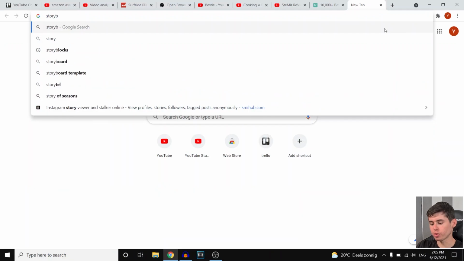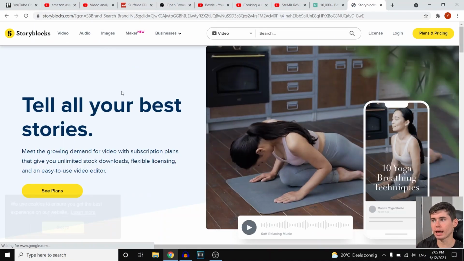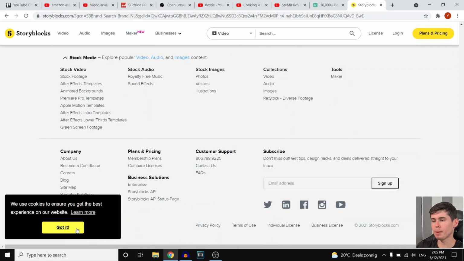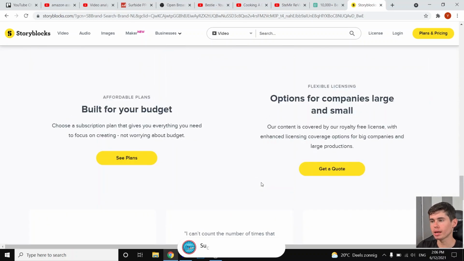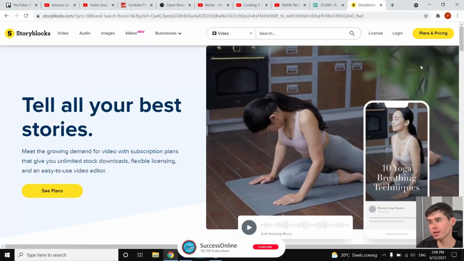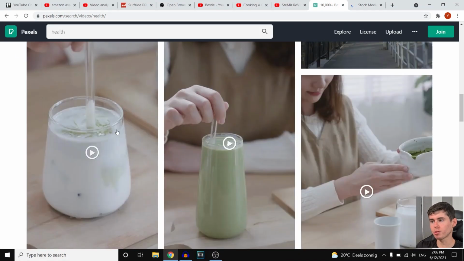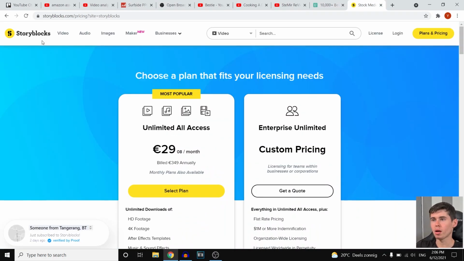However, if you're actually serious about this, what you can do is go to Storyblocks. You can go ahead and sign up for this platform, and this will pretty much get you any clip you need. It literally doesn't matter what kind of clip you need. You can simply get this. It's paid, so it's not free. So if you want to go free, you can go to Pexels or Pixabay and download these clips for free. If you want a very good one, I recommend Storyblocks. So yeah, that is pretty much that.